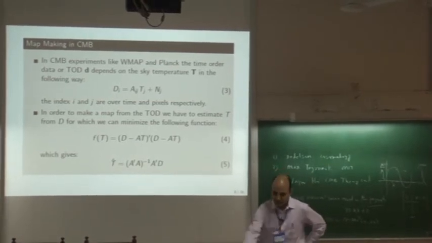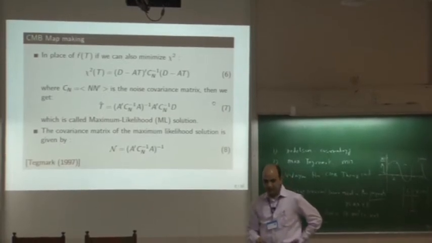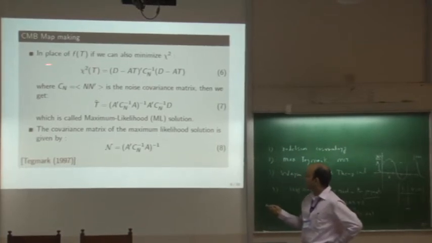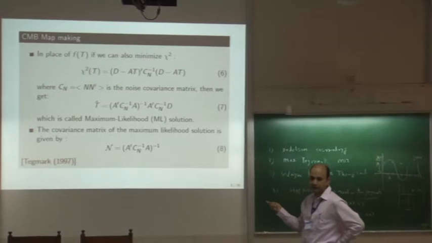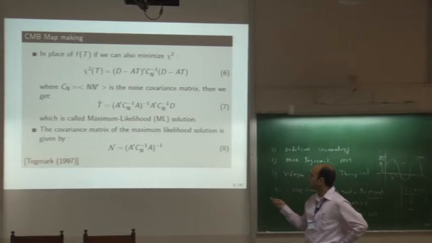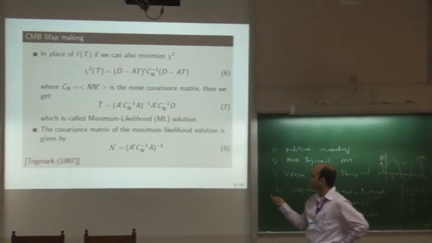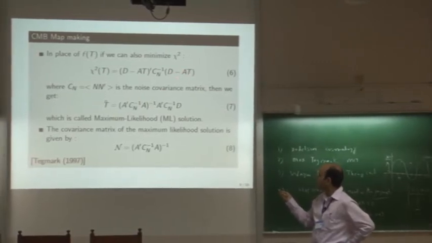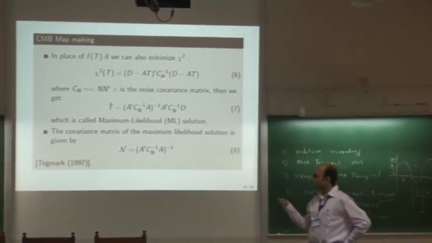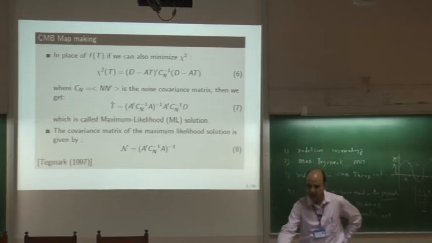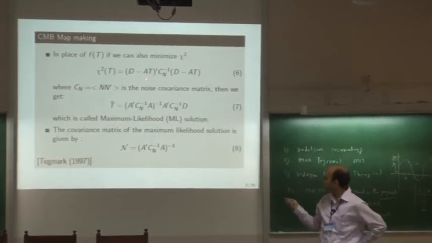You can see that chi-square minimization gives you a slightly better answer, and for chi-square minimization our cost function will be this one, chi-square. I think everything is familiar. It's the data minus the transformation, d minus At, which is essentially the noise vector, and there is inverse weighting by the noise. This C_n is the noise covariance matrix. If it is diagonal, it's like in chi-square where we get 1 by sigma square. That is exactly what it is.